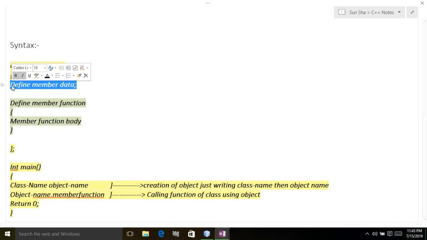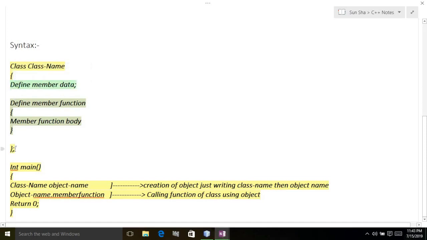first you have to define your access modifier, then you can define the data types. If you want it to be protected or public, you can define it. If you are unable to define it here, it will be private. So by default it is private. Again, the same with the function and function name. Then you have to declare the function body, and this is the class body, and close it here with the terminating